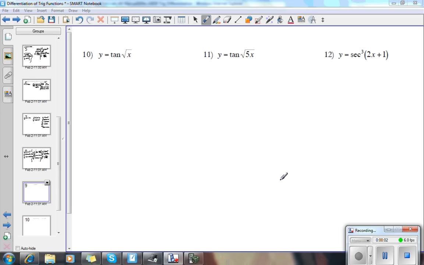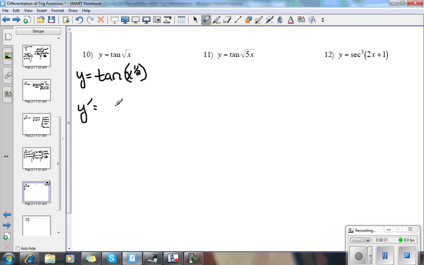Okay, we just have a few more examples, but as you can kind of guess, they're getting a little harder. So on this one, I'm going to think of this as tangent x to the 1/2. I have two functions, an inner function and an outer function, so I'm going to need to use the chain rule. The derivative of tangent, and you might want to look and verify this, is secant squared x. So we have y prime equals secant squared